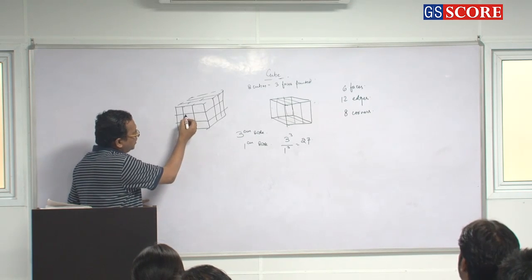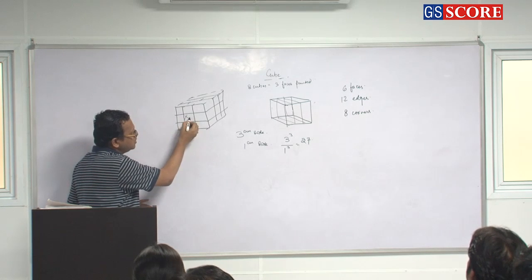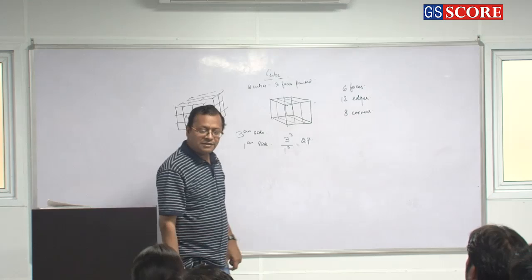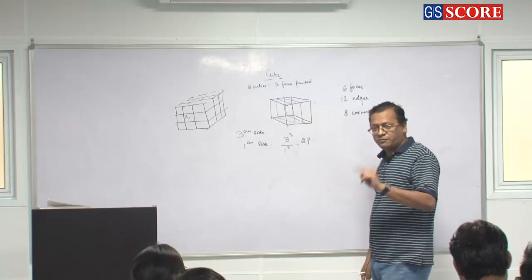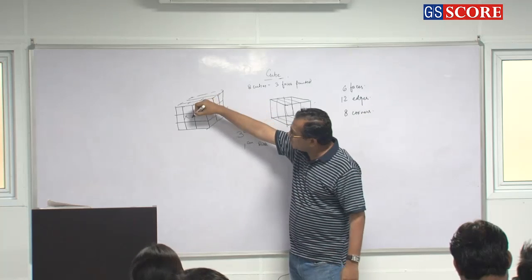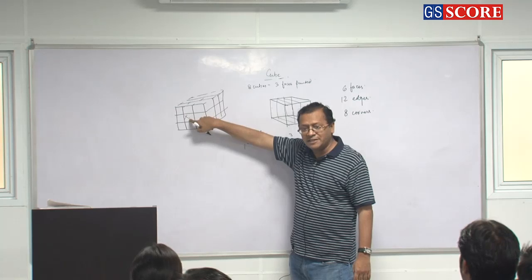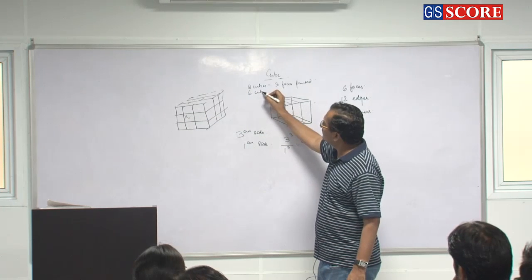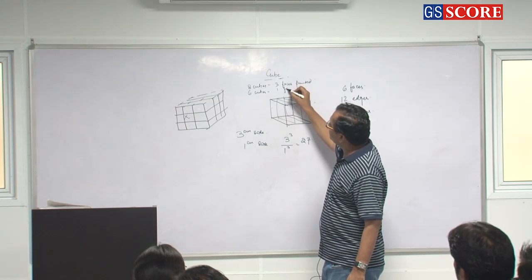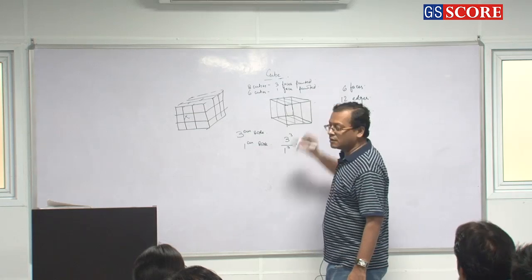Now this is on each face, consider on each face. This is a cube which has got one side painted, one face painted. So how many cubes are there on each face? The middle one, 1 cube. How many faces are there? 6. So 6 cubes are there having one face painted. Clear or not?